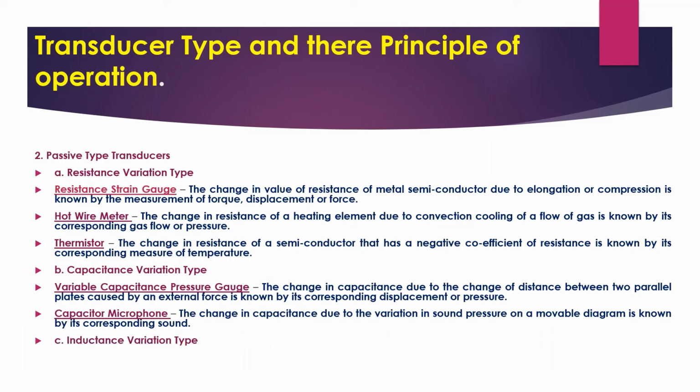And there is one more example of capacitance variation type, that is the capacitor microphone. In general terms we call it a mic. What does a mic do? A mic converts sound energy into electrical energy. So there is one fixed plate of the capacitor and a very thin diaphragm is used. So when sound energy is